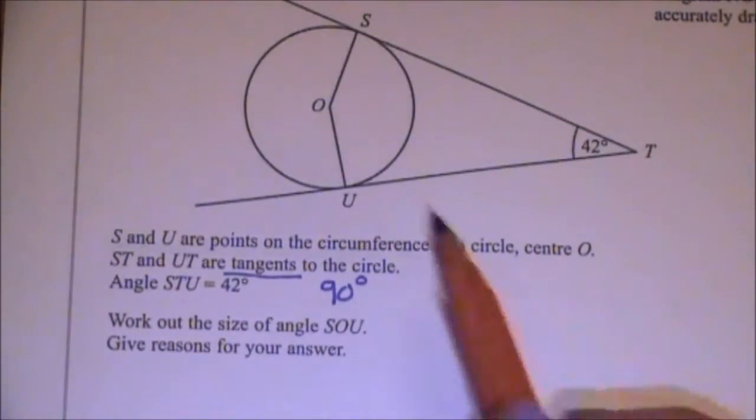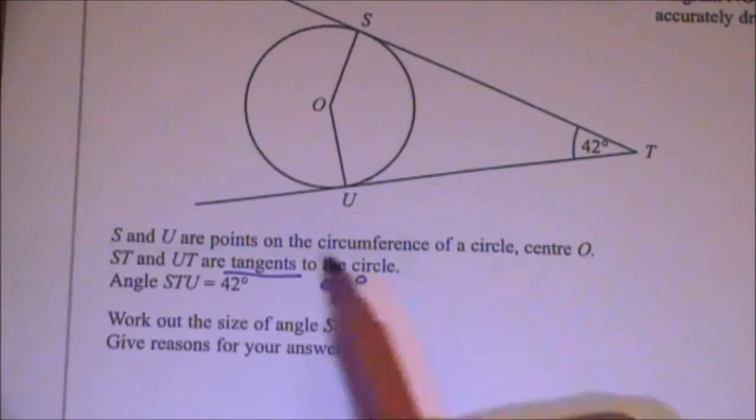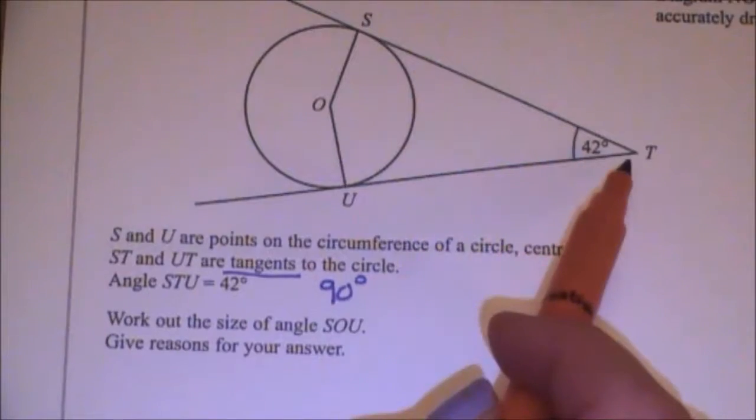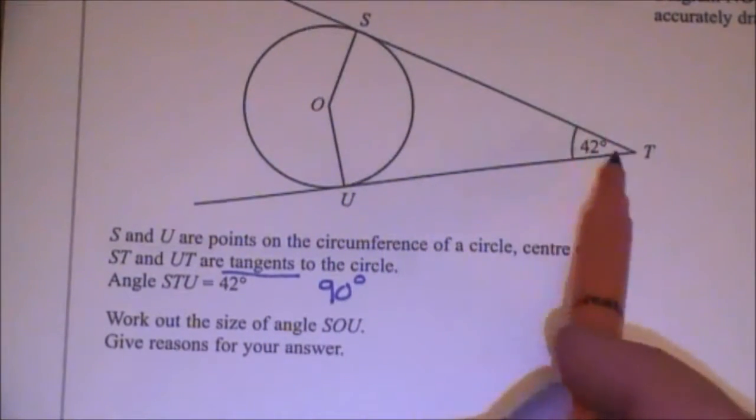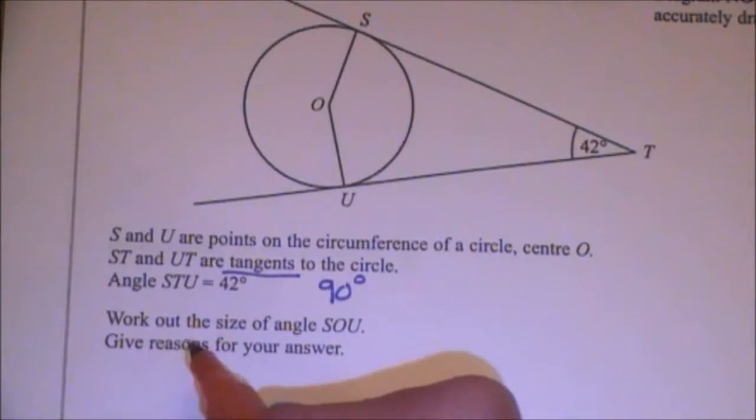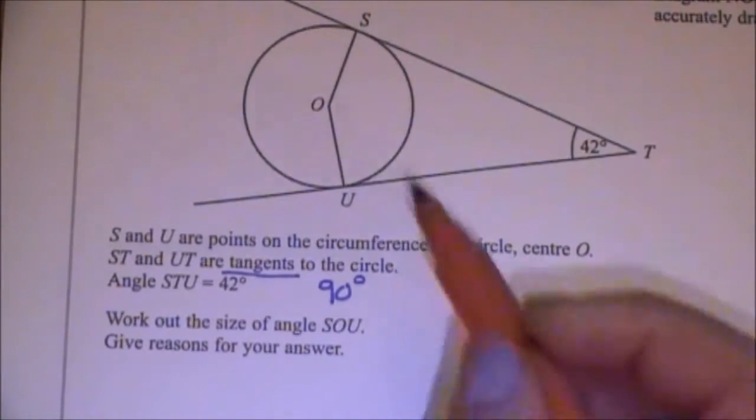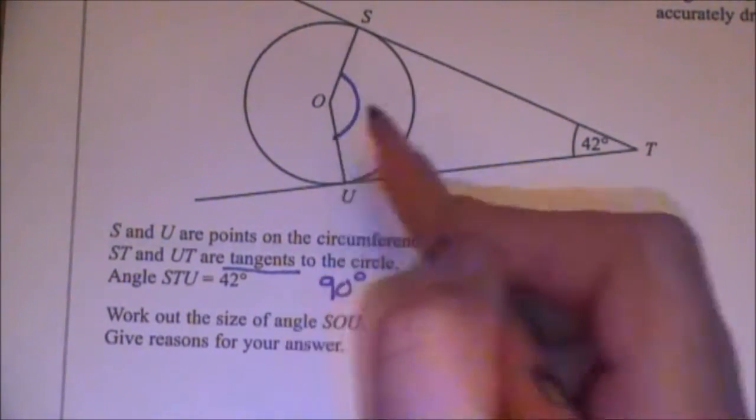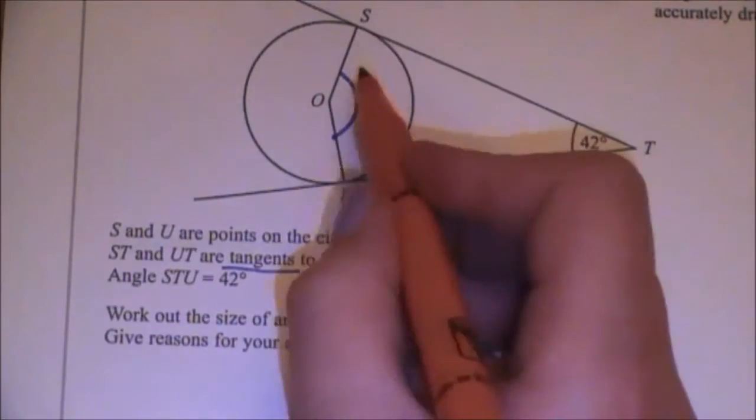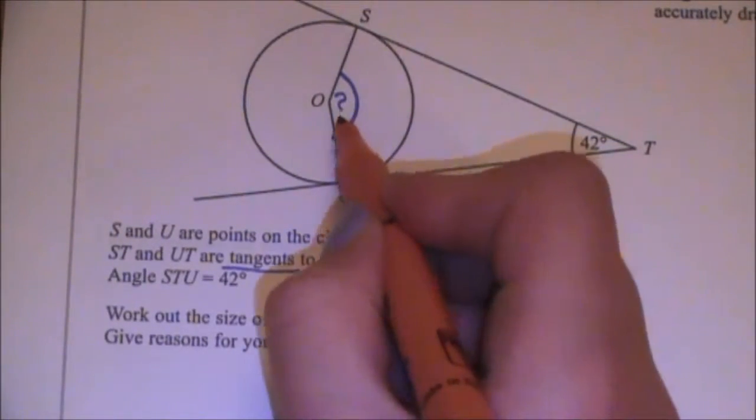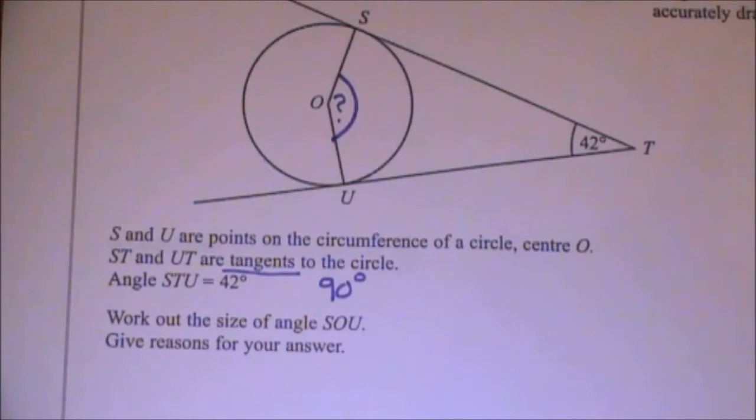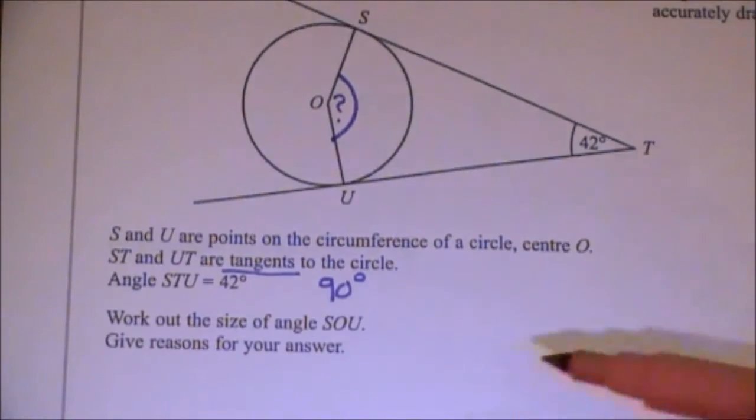I'm going to read on. So we've got some tangents. Then they say angle STU is 42 degrees. Work out the size of angle SOU. SOU, that's that angle. So that's what I need to find. Angle SOU. Now, there's not an awful lot of information given to me here, and this would be almost impossible